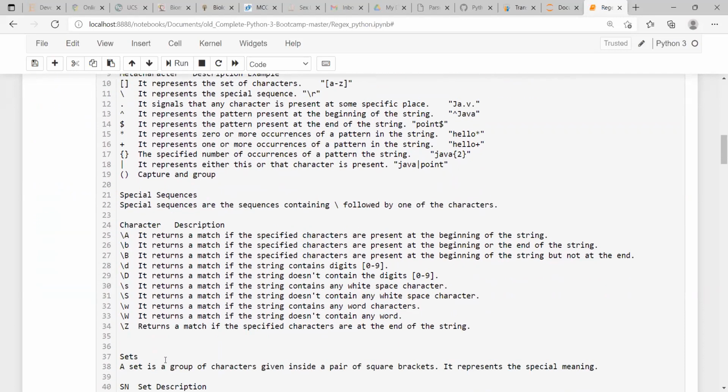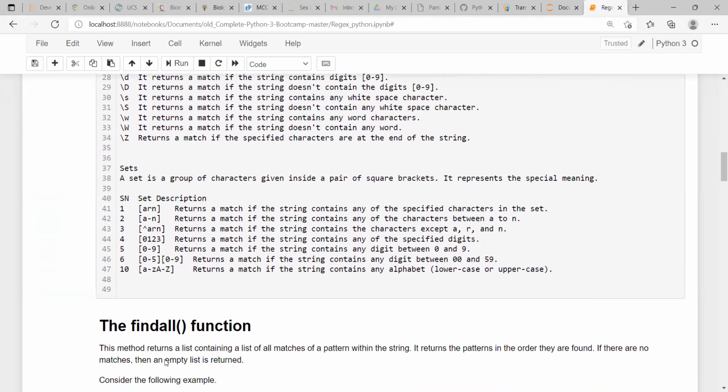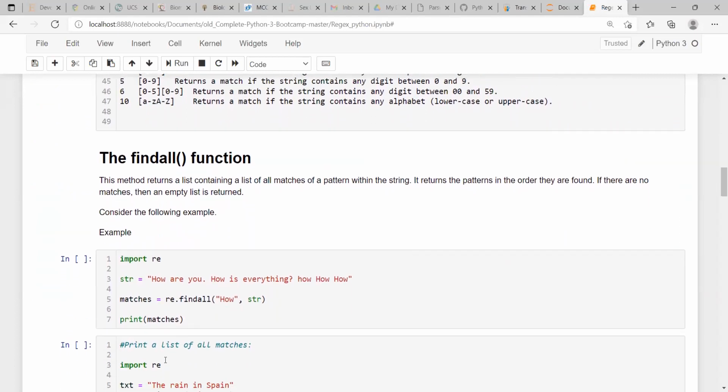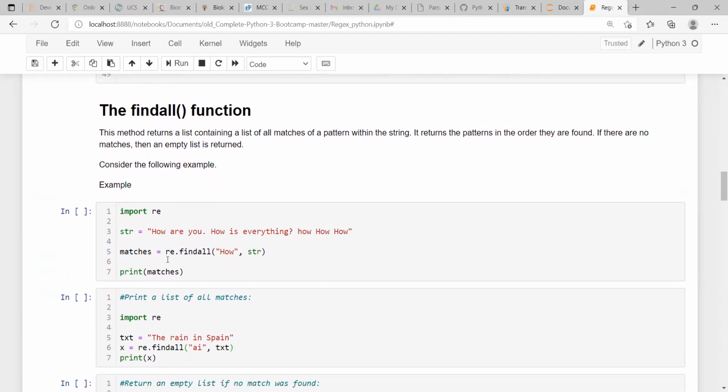I am not going to discuss each of these one by one. We are going to see simple examples of all the functions available with the re module. Say for example, now we are going to use the findall function.